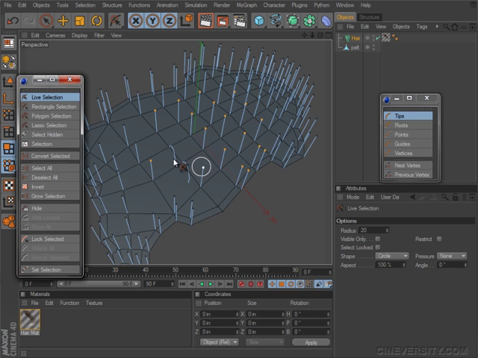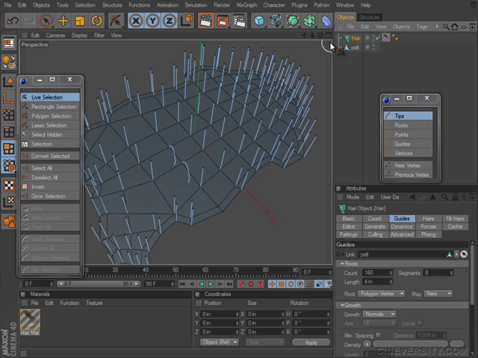Now if I go to the pelt, you'll see that I have a set of polygons selected. If I go back to my hair object and then choose Convert Selected, it's going to select all of the guides that are adjacent, or sometimes, depending on the distribution of your hair guides, the guides that are on the polygons that are selected. This Convert selection also works with points, so if I go into my pelt, select the